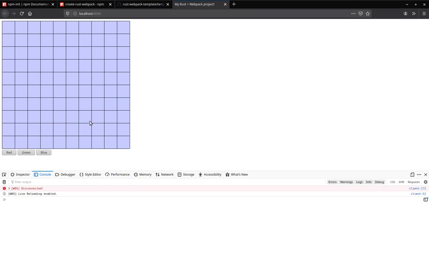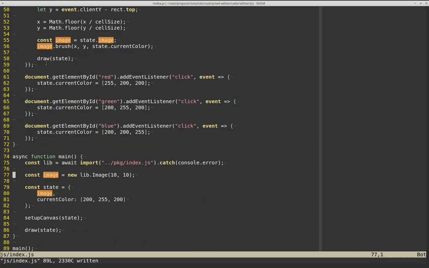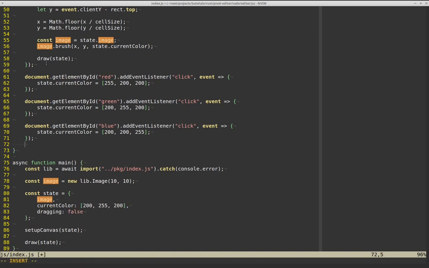There's another step. It's a little bit more satisfying if you can drag. So at the moment, if I click, it doesn't really do anything, I'd guess. Yeah, there you go. It appears at the end of the drag, but that's about it. It's nicer if you can paint in these tools by pressing down and dragging around. So we can look at what it might take to add that. We're going to want some kind of drag state. So initially we're not dragging anything, but then we can say